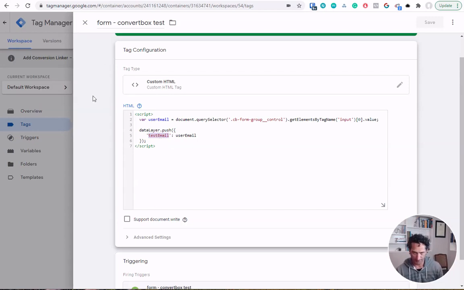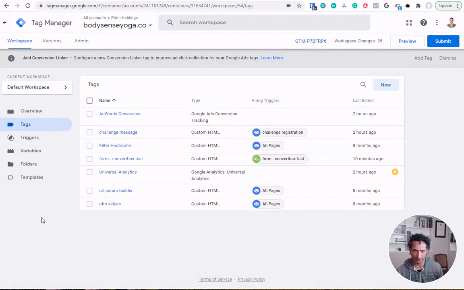All right. So there's one last step to figure out. So we got our trigger firing. When the form submits, it triggers a tag to display. We get the email, we push it into Google Tag Manager's data layer, but we still have to have somewhere for that data to live. So we go back to variables,